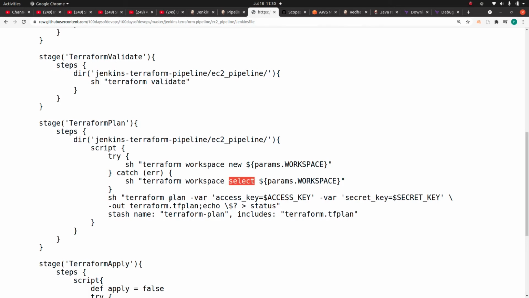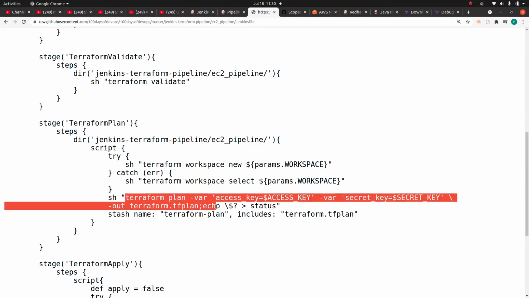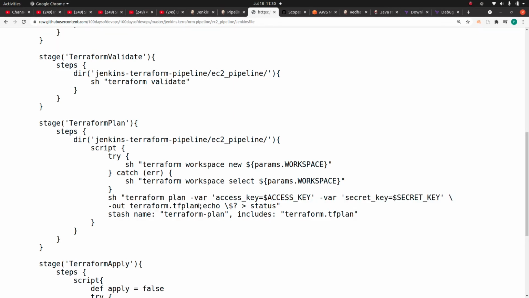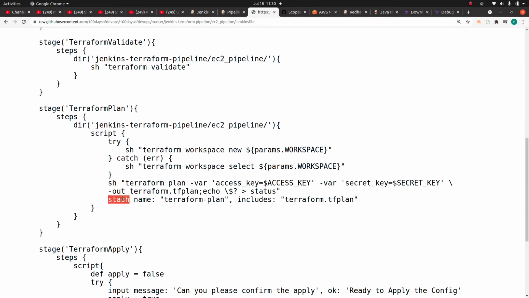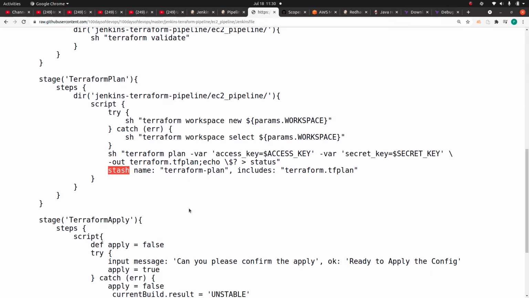Then we are going to create a plan, and we are going to run the plan by accessing those variables, and save the output of that into the terraform.tfplan file. Okay, this may be something new for a few people, but we need to make sure that there are no changes between the time we run the script and the time we do the apply, and that's why we are saving the output into the terraform.tfplan file and stashing this file. I'm going to tell you why we are doing it.